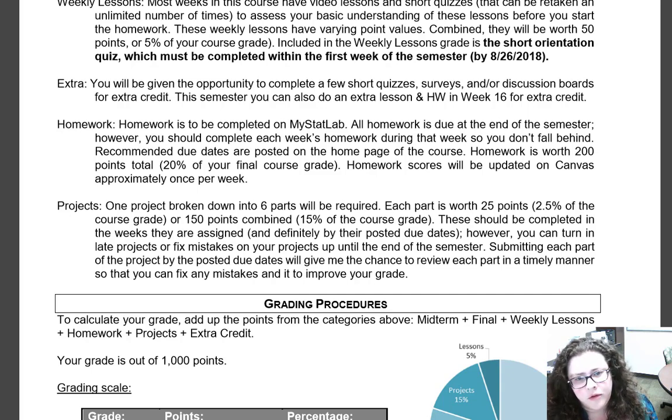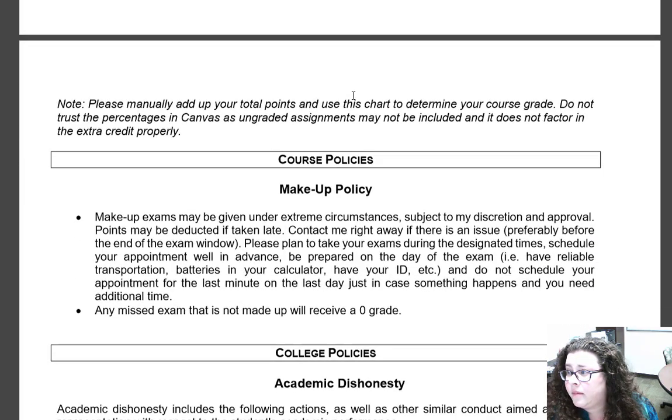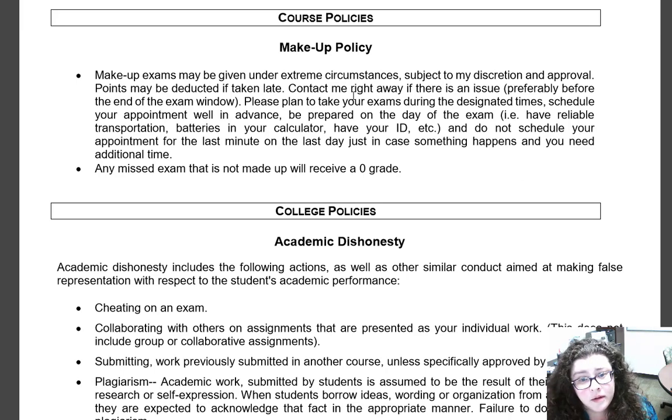When you get feedback on the first part, you can make corrections and resubmit if needed before going on to the second. Similarly, read the feedback and make corrections to the second part before going on to the third, etc. Make sure not to wait too long before working on this project so you have time to get feedback and make corrections. The next part of the syllabus includes makeup and academic dishonesty policies,